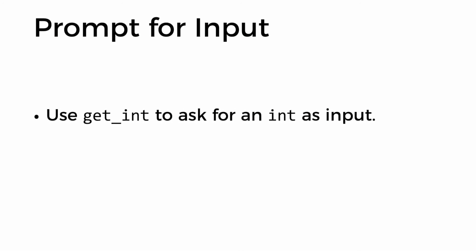In order to do that, you can take advantage of a function in the CS50 library called getInt. The getInt function will prompt the user to type in an integer as input. And the getInt function will automatically take care of handling if the user types in something that isn't an integer. If the user types in a character or a word, for example, getInt will handle rejecting that input and prompting the user to type in something again.